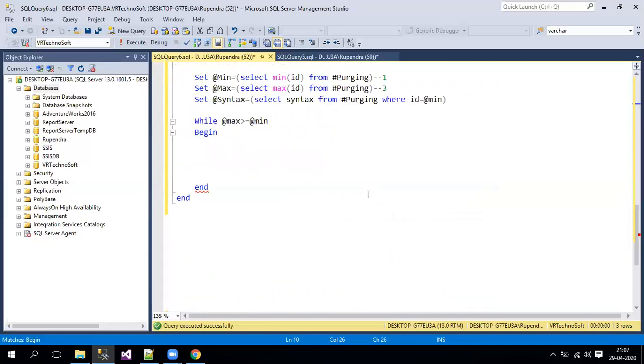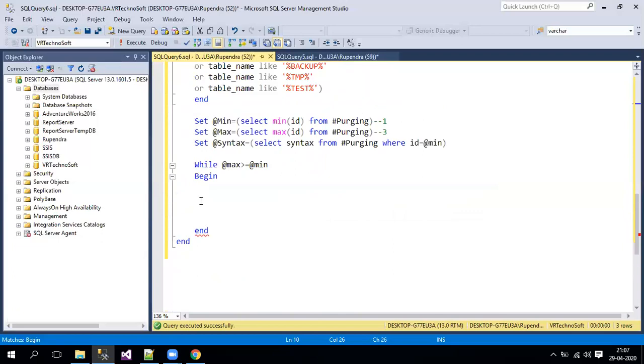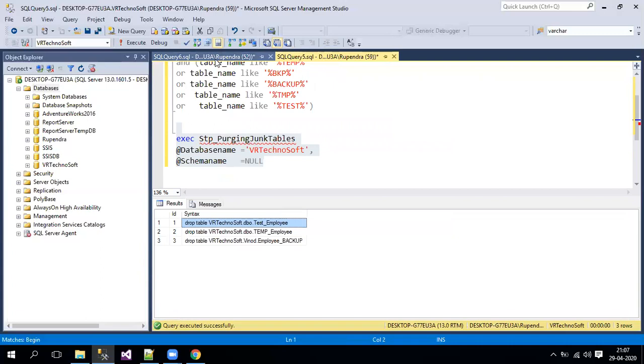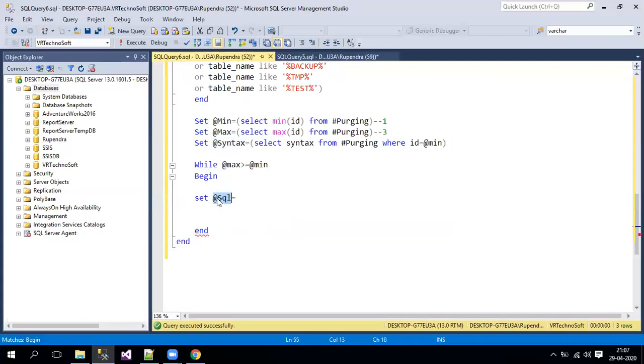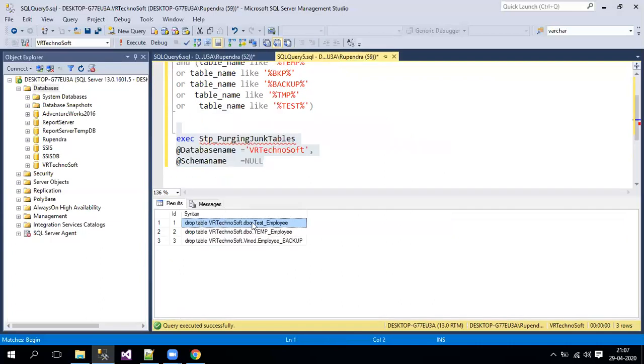So in dynamic SQL, I'll just store my drop syntax. So set @SQL equals to, now in this syntax the first drop statement is already stored, so that drop statement I'll put in my @SQL. I'll just append it over here. Now this variable contains this syntax, drop table, schema name, then table name.